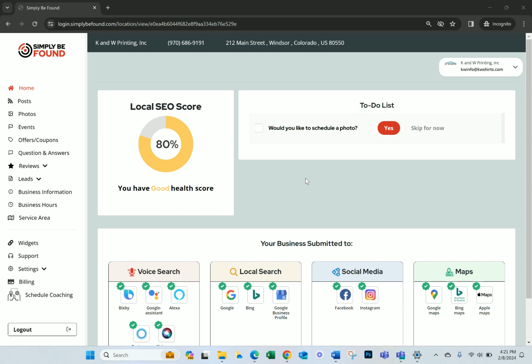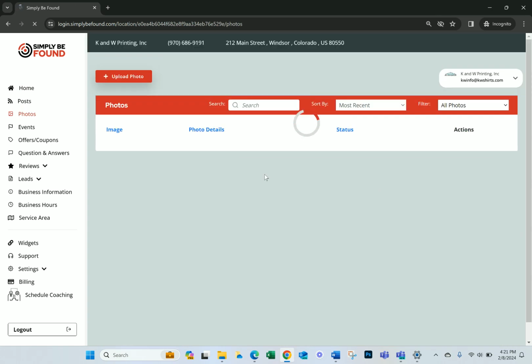From the home page, you can see right here that we have a to-do list, and it's been a while since we've created a photo. If we click yes, we'll end up on the same screen that I'm going to show you how to get to with the tools. This is just to remind you that it's been a while since you've done a photo, so you want to click yes. Anyway, we're going to go over to the left panel to our tools,